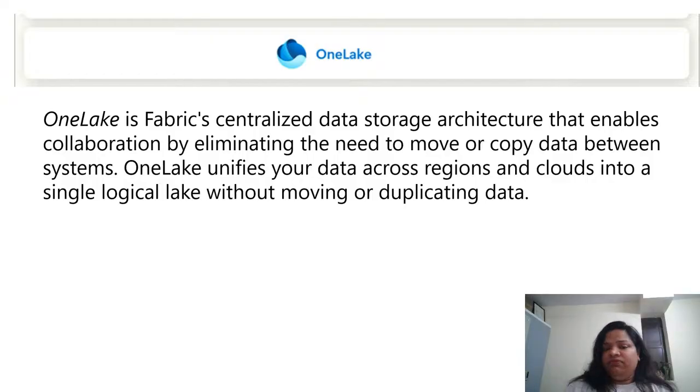And we have to maintain governance and security at every layer. So Microsoft Fabric brings this OneLake platform. One tenant will have one lake, and under that one lake, we can manage all data. And this unifies your data across regions and clouds into a single logical lake without moving or duplicating the data.